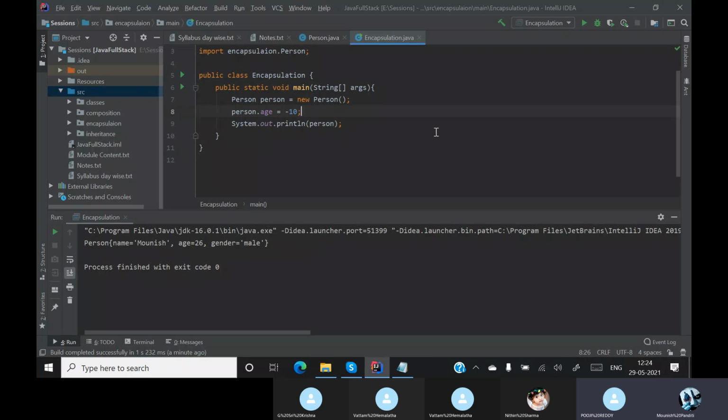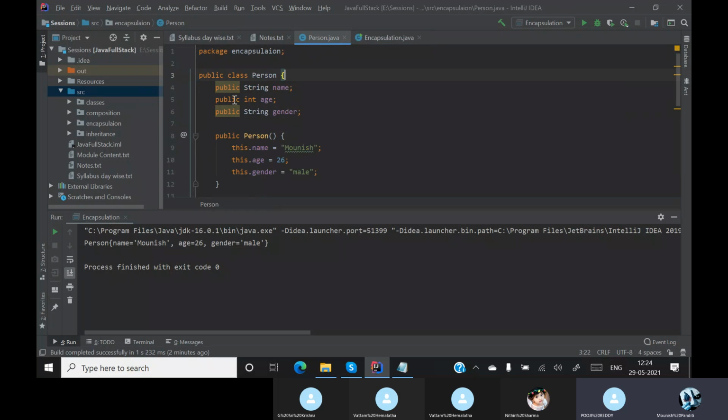If a property is public, anyone can make changes. Yes or no, guys? That is correct. So always the properties should be private. That is the rule of encapsulation.